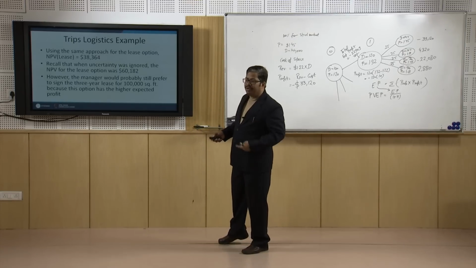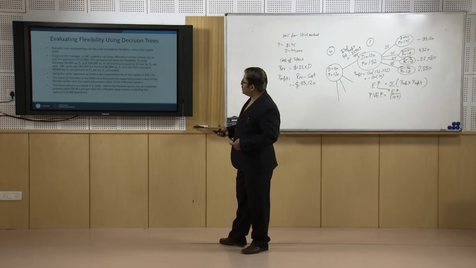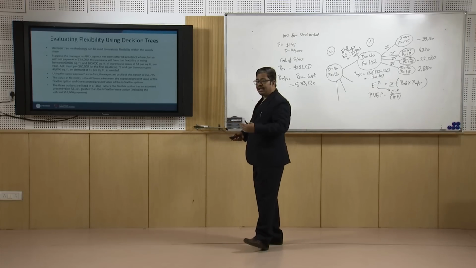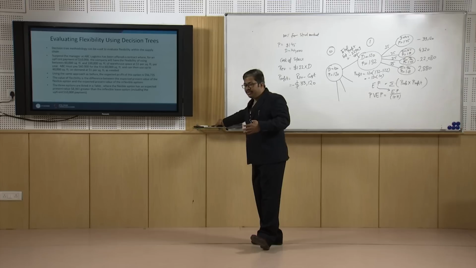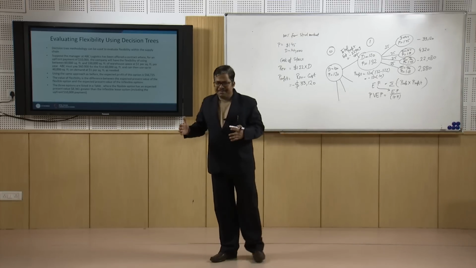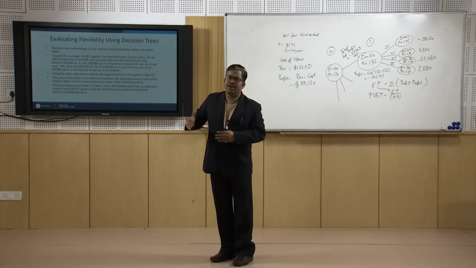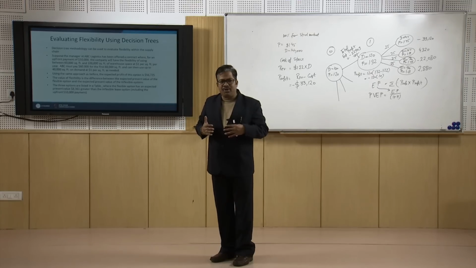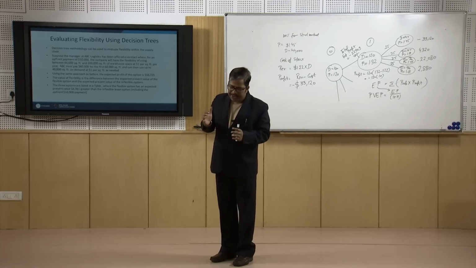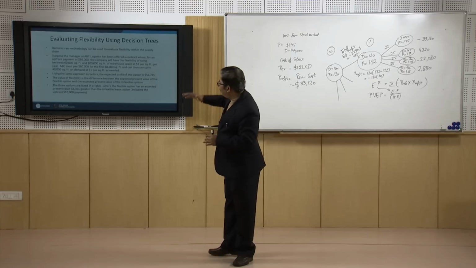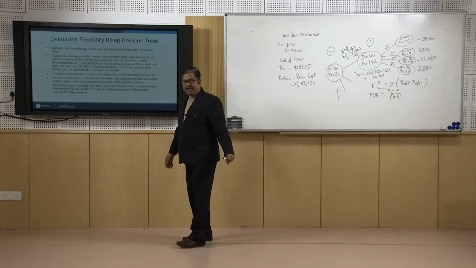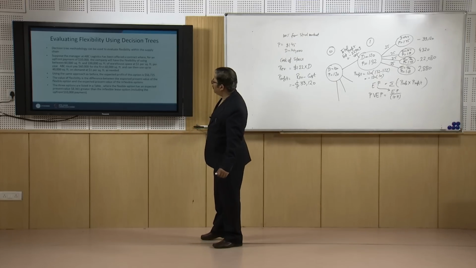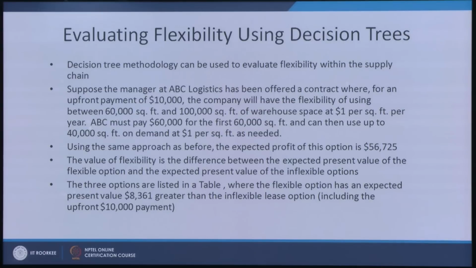The third option which we need to evaluate now is flexibility. In this particular case the data was supporting the lease arrangement, but it is quite possible that in some cases a lease arrangement may not be that useful. So we want to have a combination of both these things, some kind of flexibility in this particular case. And when we want to have flexibility, you can see the condition which we are developing is,